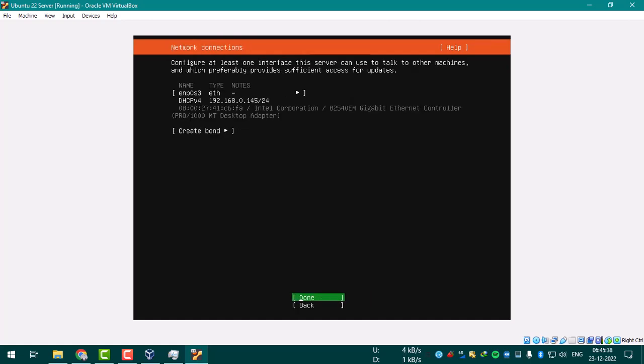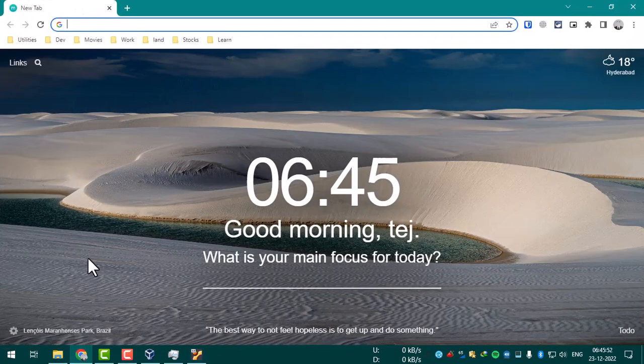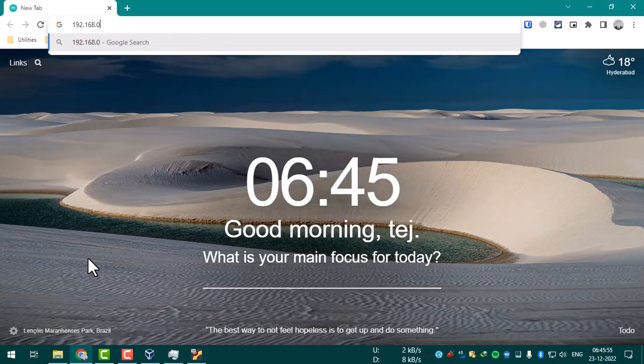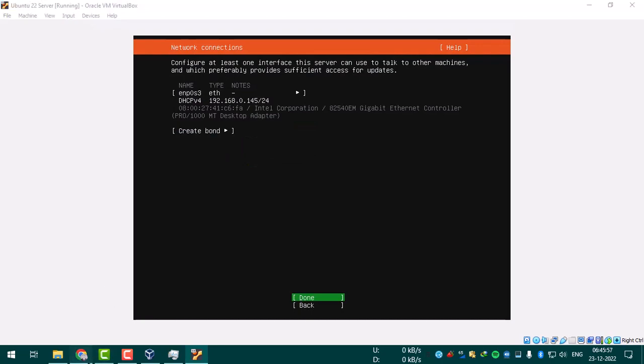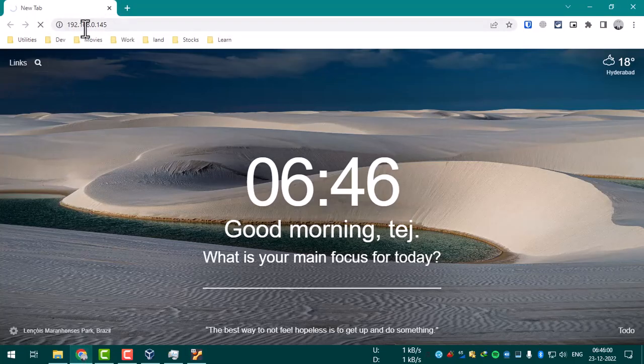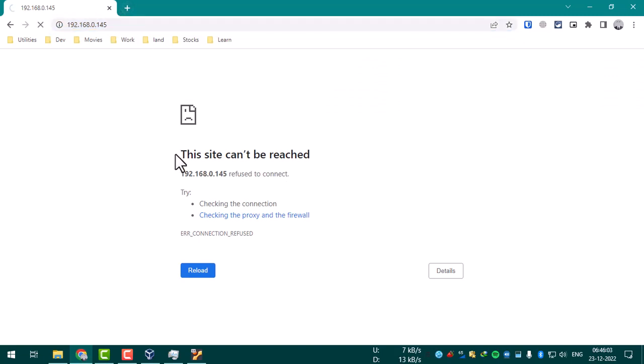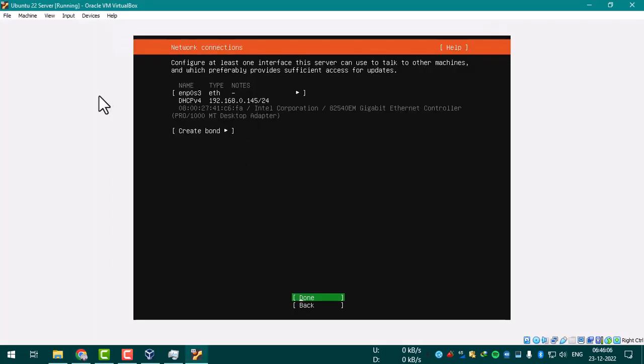Click on done, and it's asking for the internet configuration. As you can see, it has selected DHCP4. That is the network in my own home network, and that is 192.168.0.145. That's an IP in my home network. Currently it's not reachable, but since I selected bridge network in the network properties when creating the VM, it used my router to get that IP. I'm going to click OK, done,